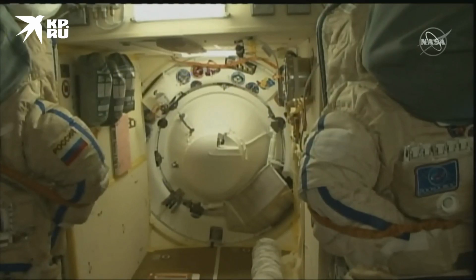Other side of this hatch that we're looking at right now. And they are NASA astronaut Chris Cassidy and Russian cosmonauts Anatoly Ivanishin and Ivan Wagner. He's there on the right, Ivanishin in the center, the Soyuz commander, and on the left, NASA astronaut Chris Cassidy. And in just a couple of minutes, they're going to be joining the Expedition 62 crew